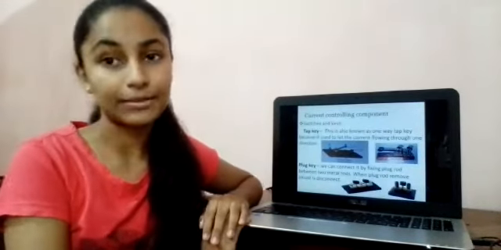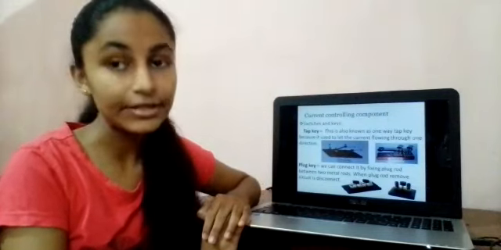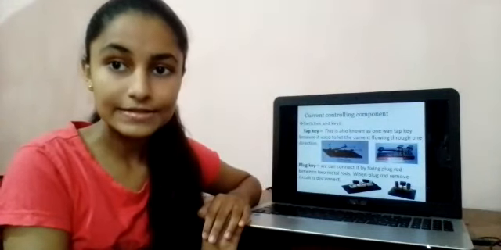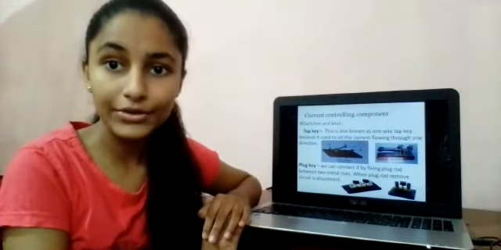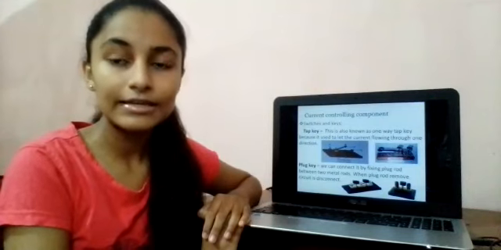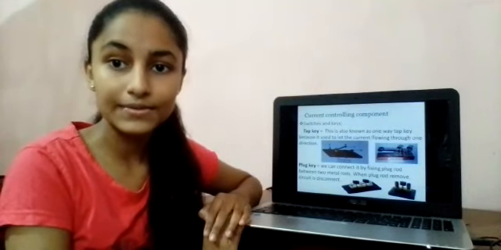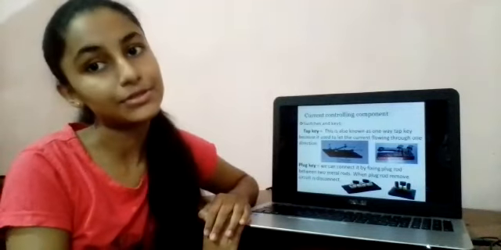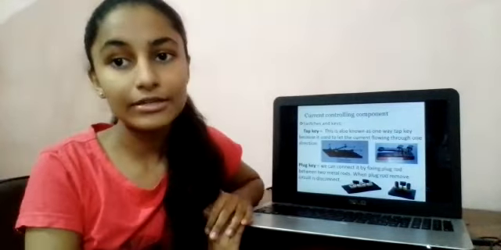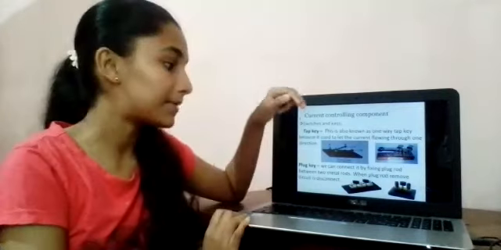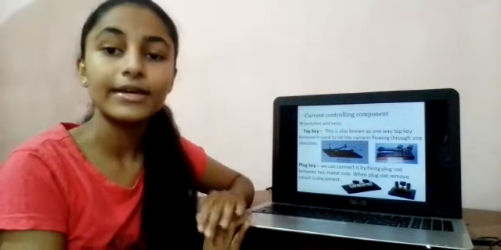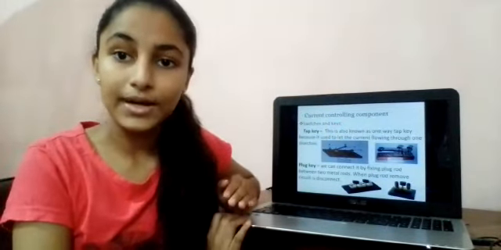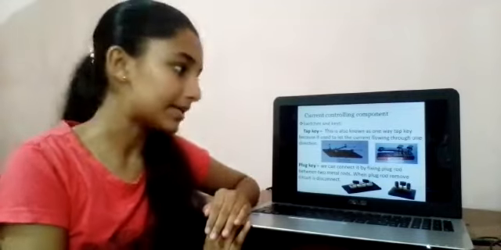Now I'm going to talk about current controlling components. On various occasions, it is necessary to control the current flowing through circuits. Here, I'm going to talk about switches and resistors. Firstly, I'll talk about the tap key. If we need to connect the tap key, we can press the end B to make X and Y contact each other. Then it helps electricity to travel through it.